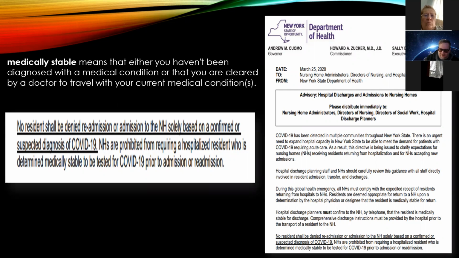So they broke precedent again. We have established SOPs, standard operating procedures, and everything. But instead, we're going to do the opposite of that. And what we're going to do is take young, otherwise healthy COVID-infected patients and make them cohabitate in nursing homes with the elderly and the immunocompromised.